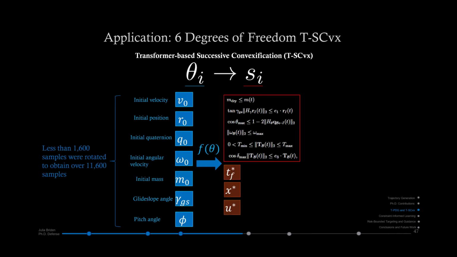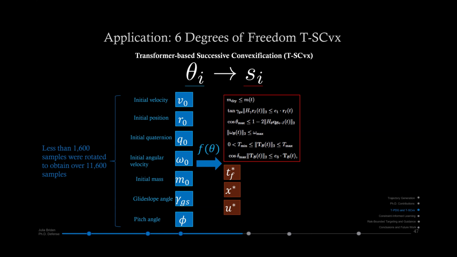So for applying T-PDG, or now denoted TSCVX, to the Six-DOF problem, we now have a larger set of both parameters and strategy vectors. Our parameter list now includes our quaternion and angular velocity. And our strategy includes the Six-DOF constraints now, still a binary vector. But now something to note is compared to the convex problem, this non-convex optimization problem is quite sensitive to your